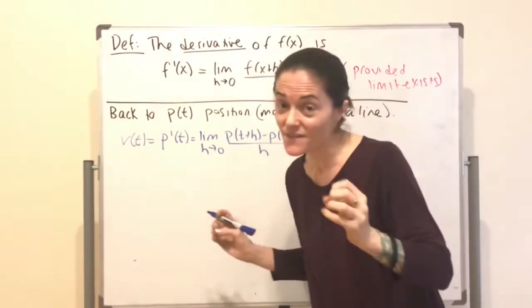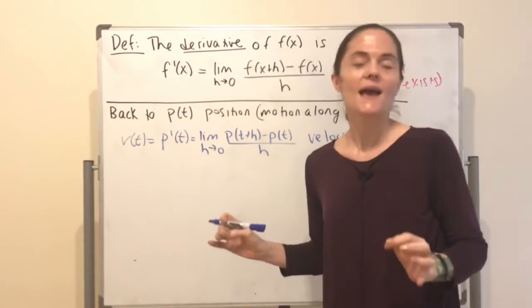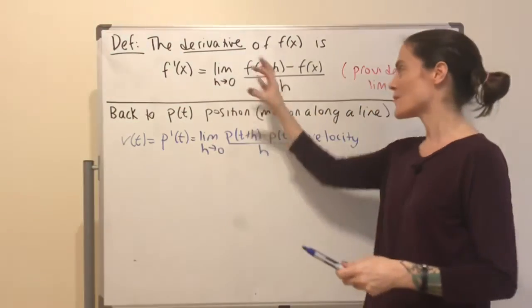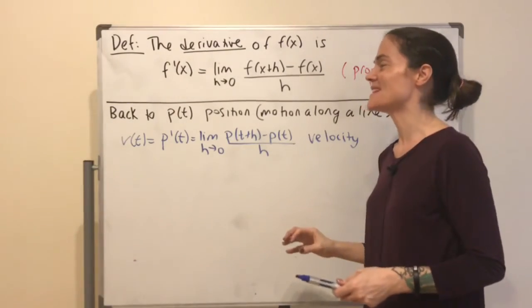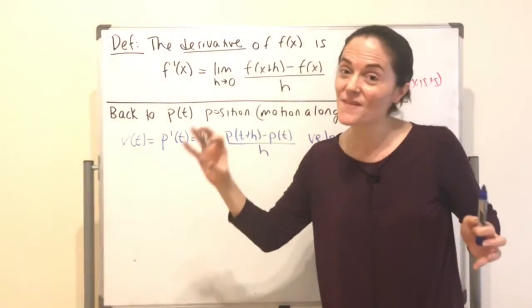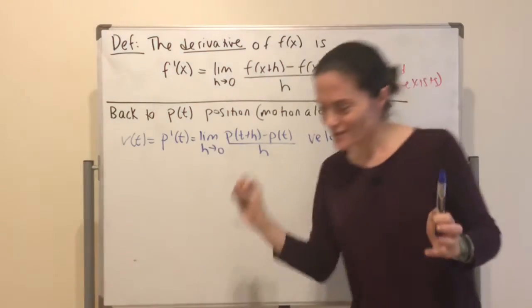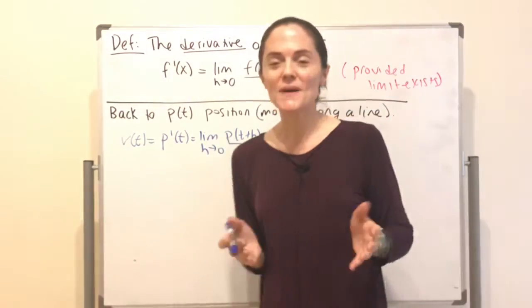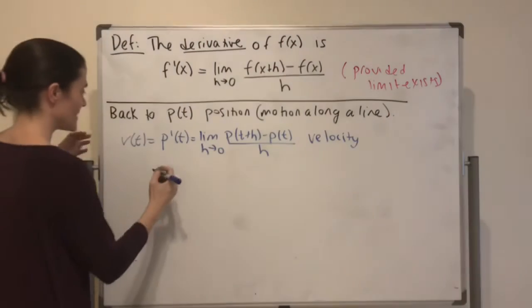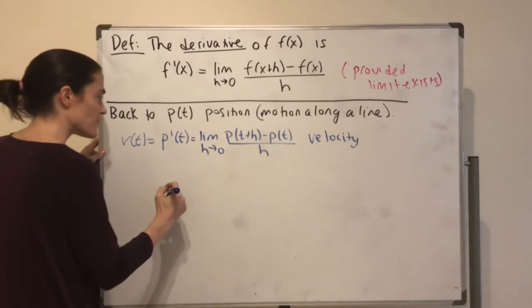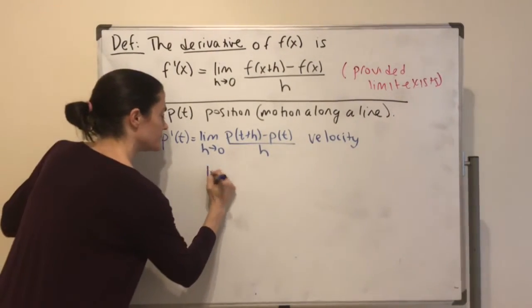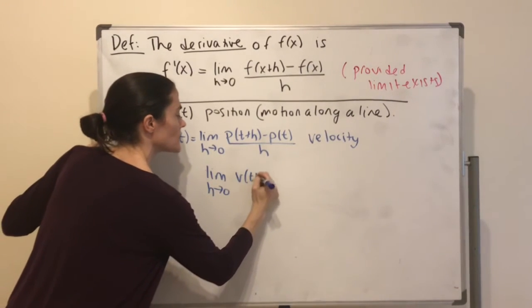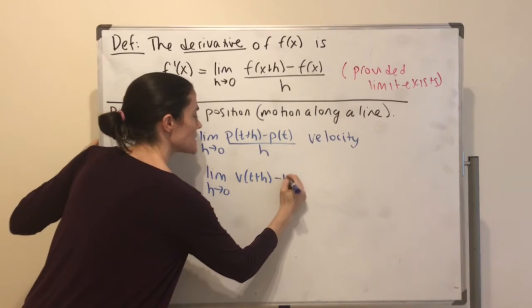You have a position function. Take the derivative. And we will learn a number of techniques coming so that we don't always use this limit definition. But you have a position function, motion along a line. Take the derivative. We have velocity. Well, what happens if you do this again? If you take the derivative of velocity,